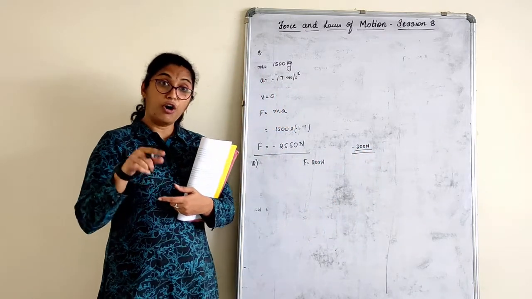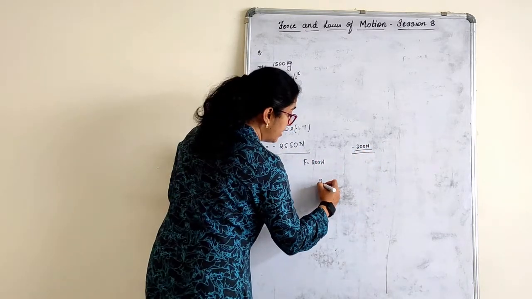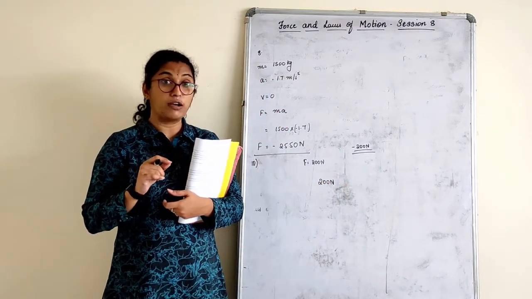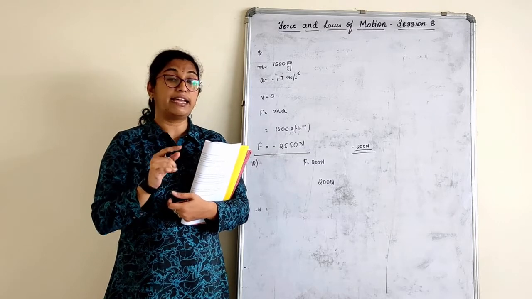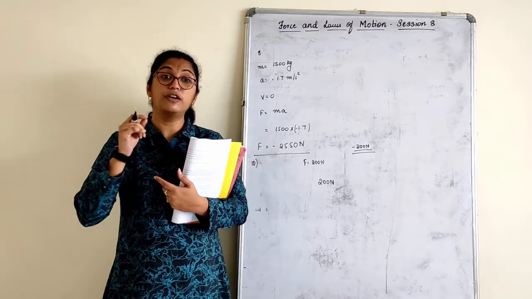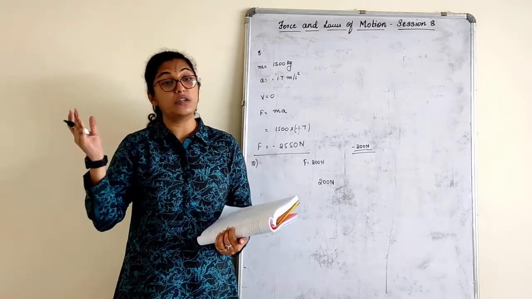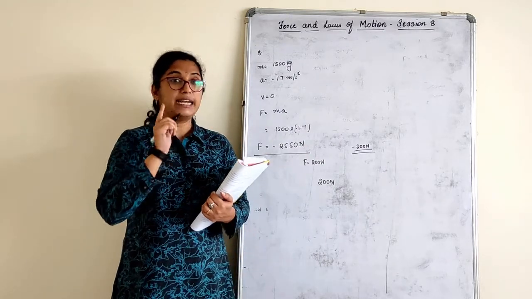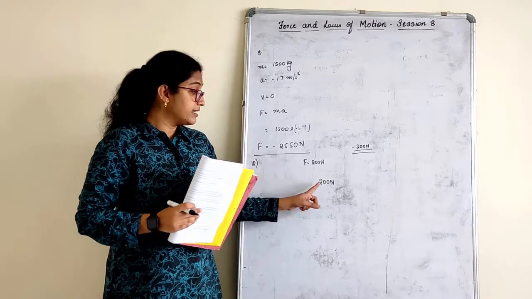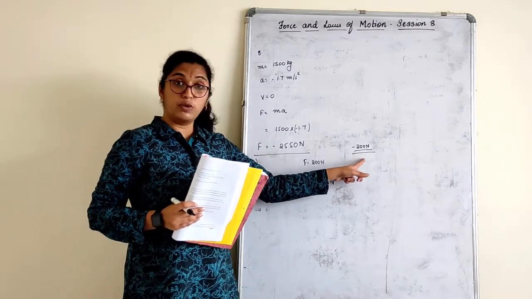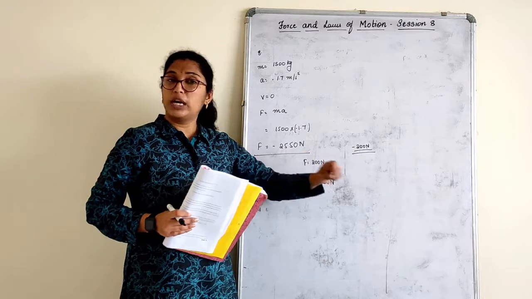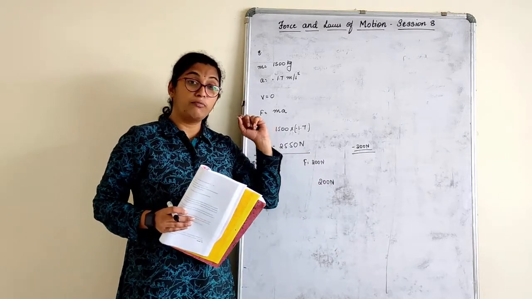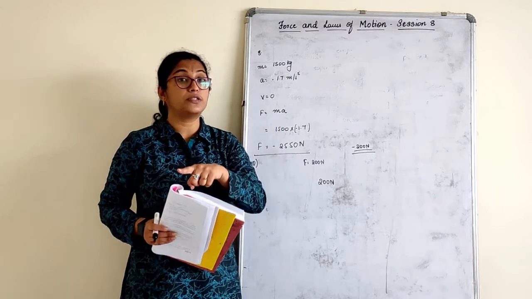If you write that 200 Newton of force is to be applied, it will be wrong. But if you write 200 Newton of force acting opposite to the body, it will be correct. Understand, the answer can be plus 200 or minus 200. If you write minus 200, everything is sorted out there and then. If you write plus 200, you have to mention that it is acting in the opposite direction.